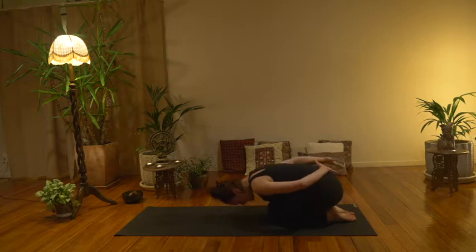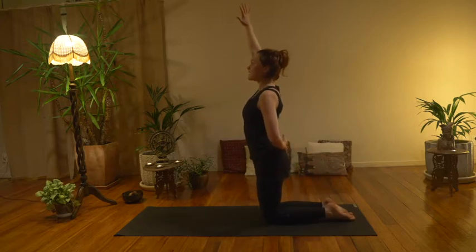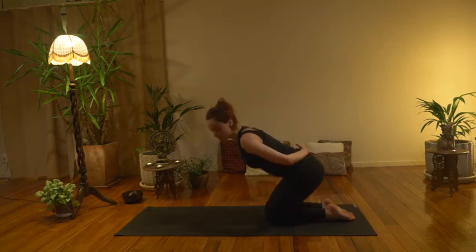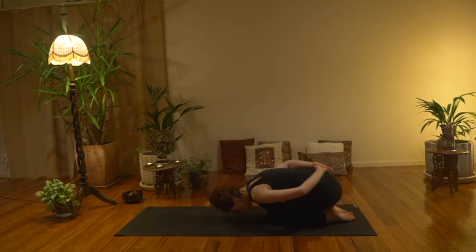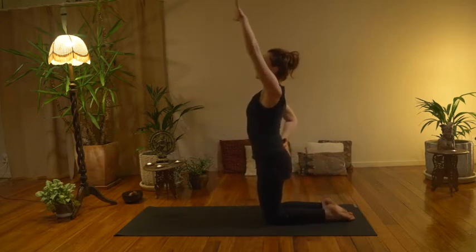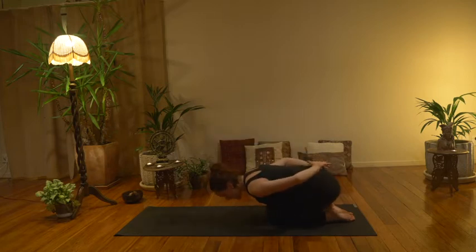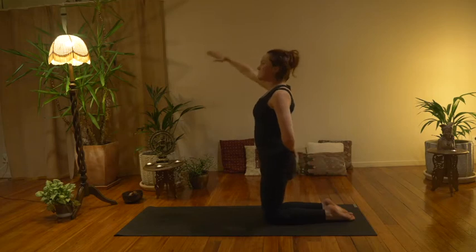So as we inhale, we sweep the right arm up towards the sky, gazing up. And as we exhale, we place that hand back down. Opposite side, inhale the left arm up towards the sky, lengthening through the front body. Exhale, coming back down. I'm going to take 2 more to each side and really just enjoy the simplicity of